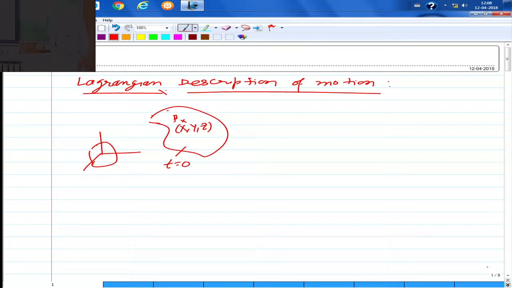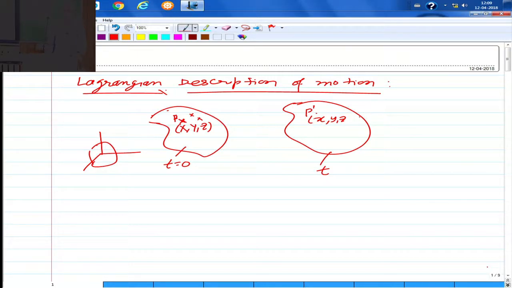So there is a material point here, there is a material point here, there is a material point here. So in Lagrangian description of motion, what we are doing is, this is the body at t equal to 0. Then this body deforms and moves and occupies another configuration, say at some time t. And then this material point P, which is here, now goes to a new location. Let us say that new location is P dash, and it has its current coordinates. I'll say that the current coordinates are small x, y, z, and of course